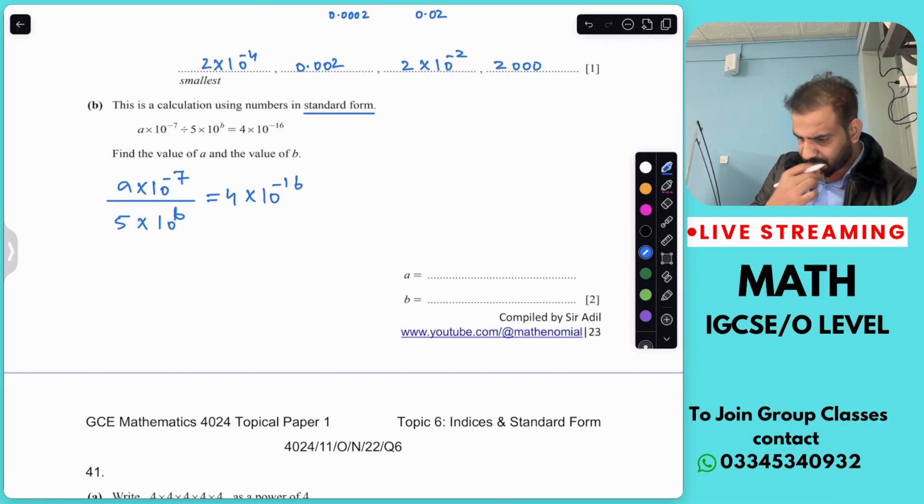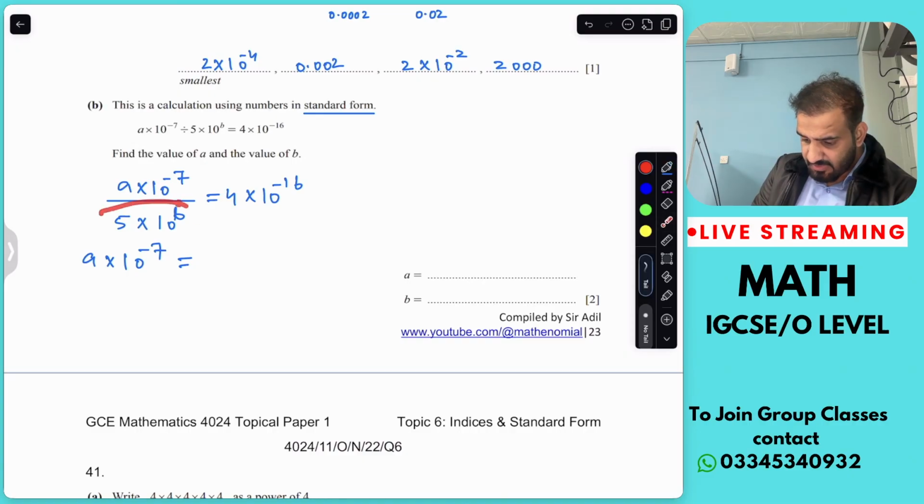Okay. There are multiple ways. Let's bring this on the other side. So if you bring this on the other side, you will write 4 cross 10 raised to power -16 cross 5 cross 10 raised to power b,